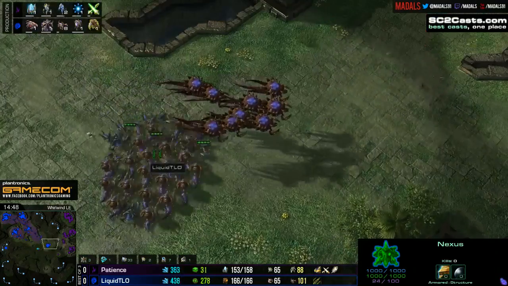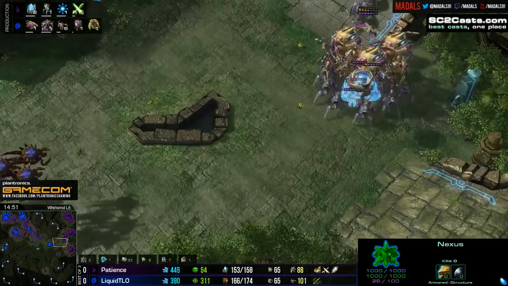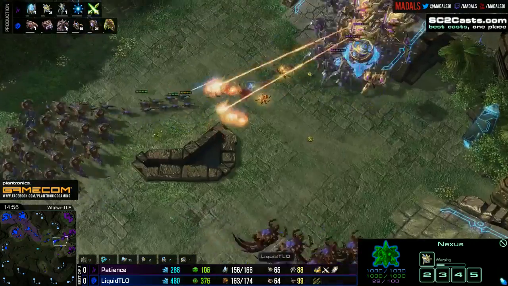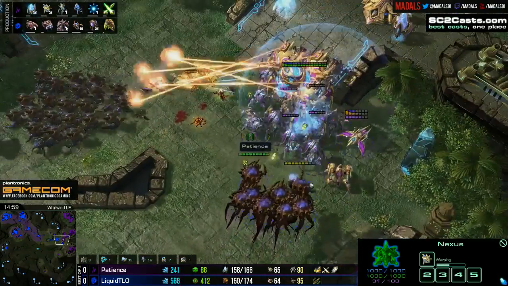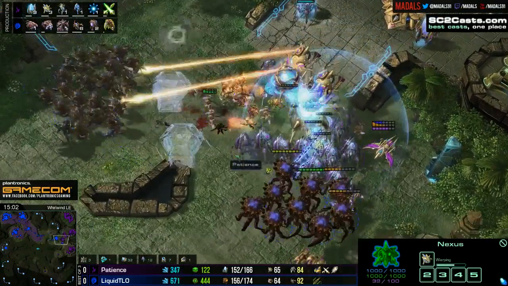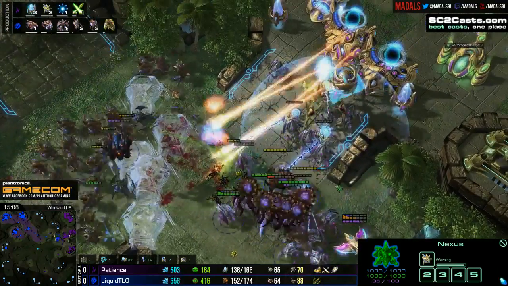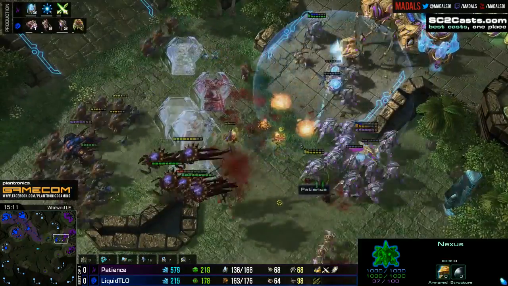Massive win there for TLO, and actually takes a solid supply advantage. So, going in for a bit more pressure. Is this army going to be able to actually engage though? Because the Corruptors are pretty exposed. The Stalker's doing a good amount of damage to them, but the Colossi are getting taken down way too quickly for